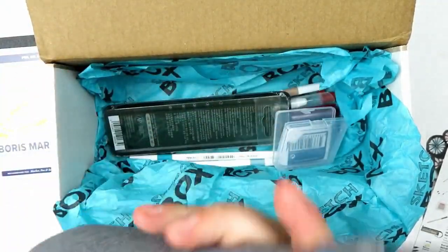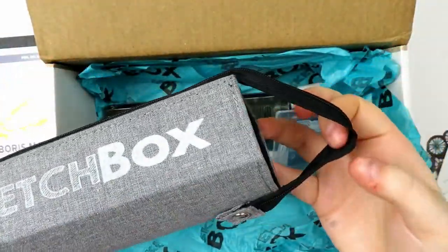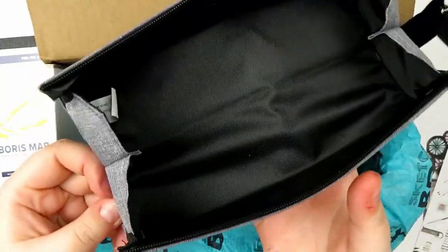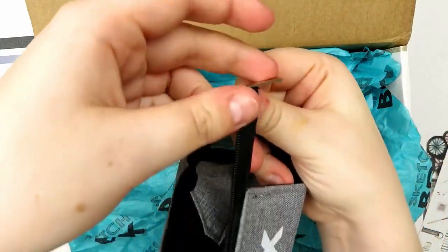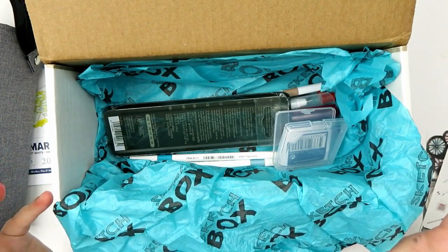Next up, we have something I think is kind of cool. It is a Sketchbox pencil case, and it's got like a little handle. That's really cute. You can push the bottom in to make it rigid, and then you push it back out to fold it. That's so cool. This is actually a really cool pencil case. I think that's one of the things I really like about Sketchbox is that they put exclusive stuff in here,